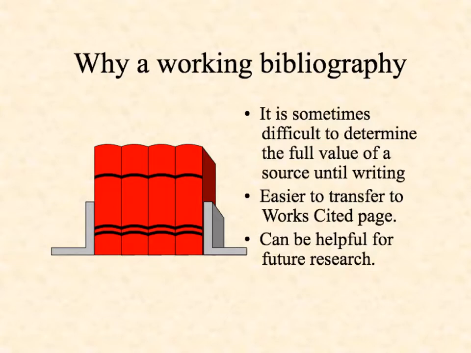A working bibliography is, in some sense, a list of all the sources that are potential to your paper. That is, something that you might use. If you are doing research well, you're probably going to have 3 piles of information. You'll find some sources that you like, and as soon as you see them, you've read the first few pages or whatever of it, and there's all sorts of good data, information that you know you can use. I don't know where it's going in my paper, but I've got to use this source. And that goes in your yes pile, right?